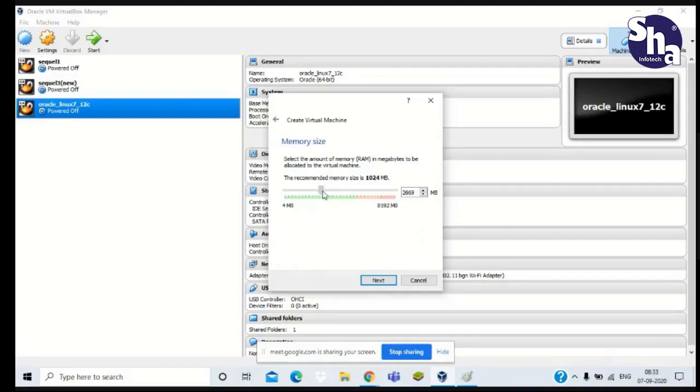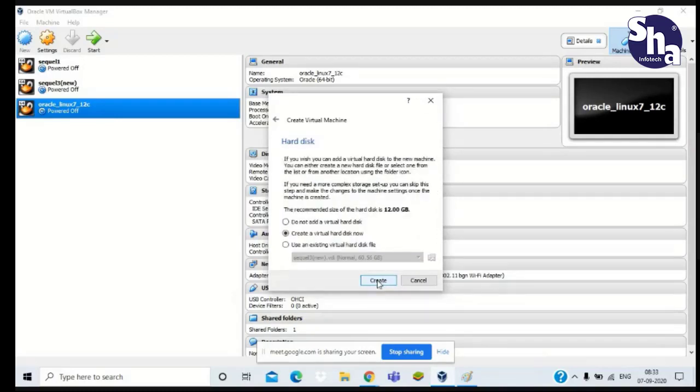After that, next, you need to create a virtual hard disk. Now you are creating another machine, you have assigned it the OS, and you have provided it RAM.